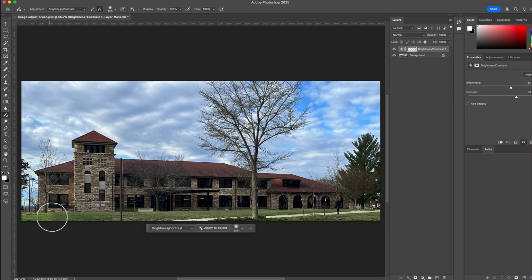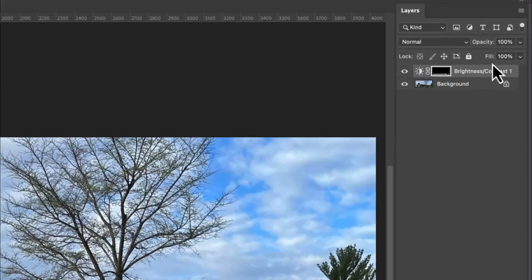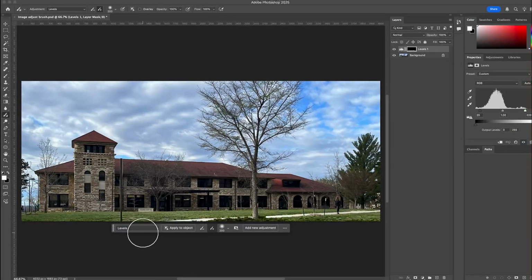Brush along the area you wish to change. Here, I'm applying a brightness to the grass. You can see this adds an adjustment layer, and I can edit that using the icon to the left of